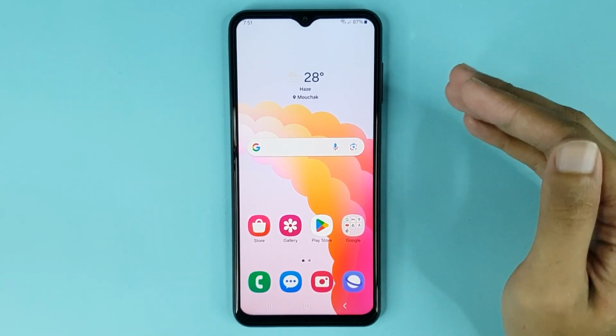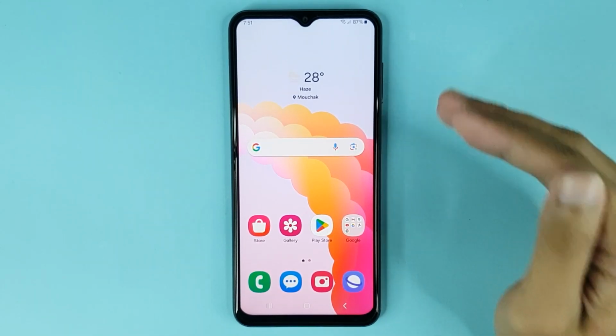Welcome to Drawliper channel, and in today's video I am going to show you how to change screen zoom in